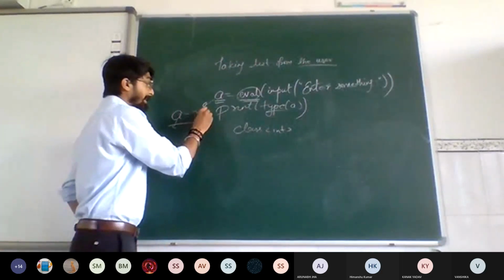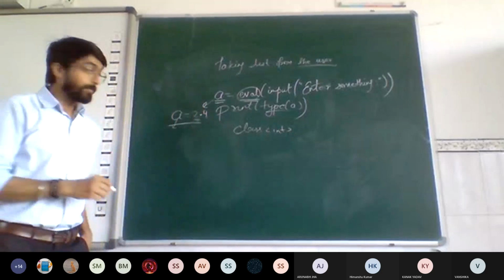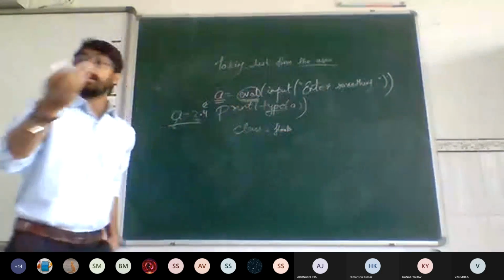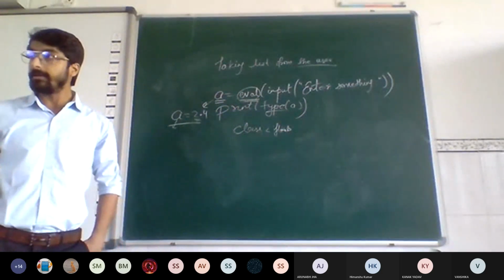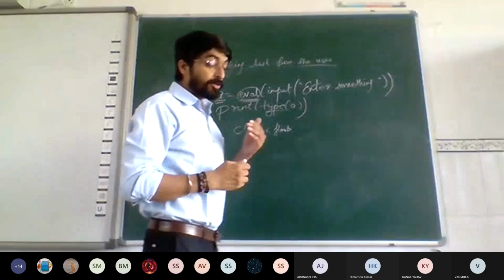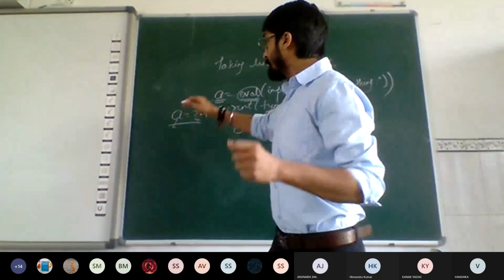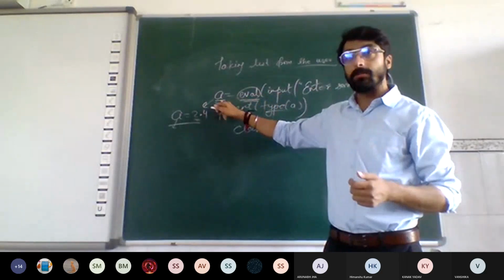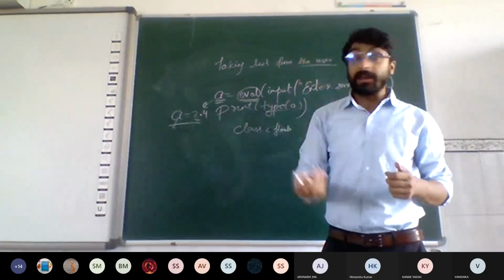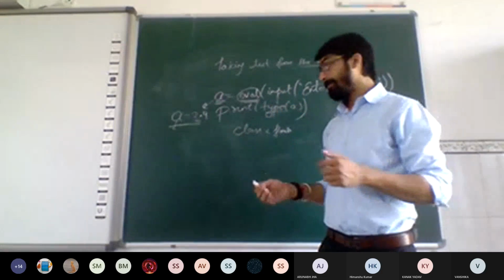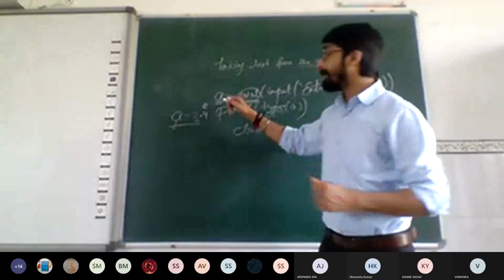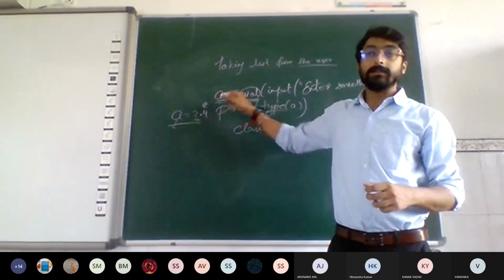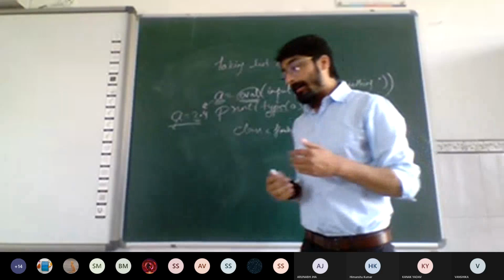Right? But if you have entered 2.4, it will be of float. It will automatically convert that variable. It will check what value the user has entered. If it is an integer value, this will be an integer variable. If the user has entered a float value, this will be a float variable. If the user has entered a string, it will be a string variable. If the user has entered a list, it will be of list type. A tuple, of tuple type. It is like that.